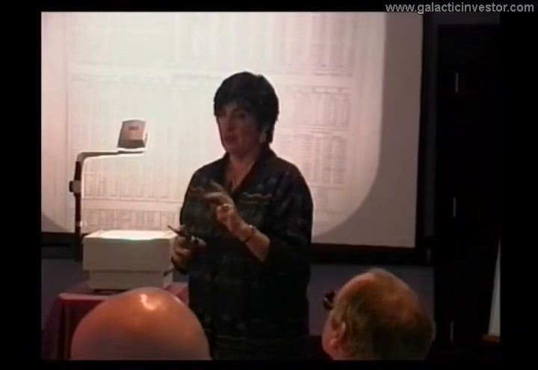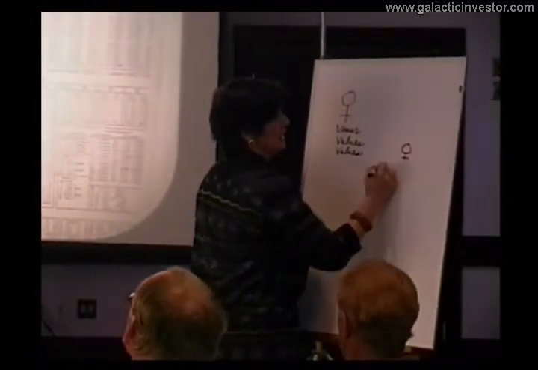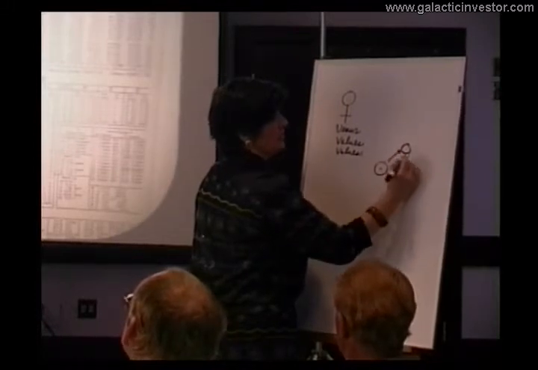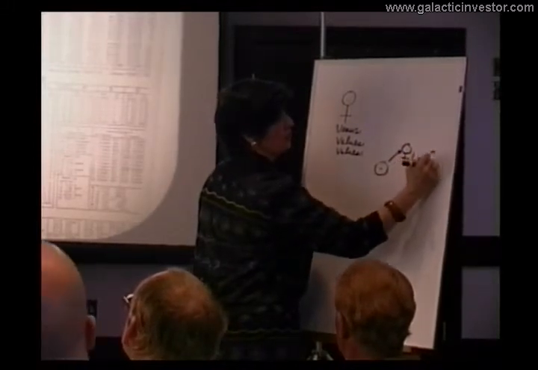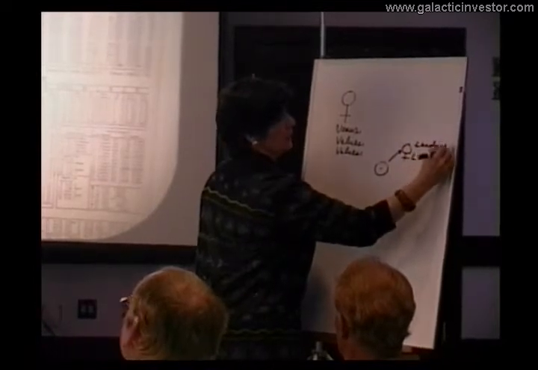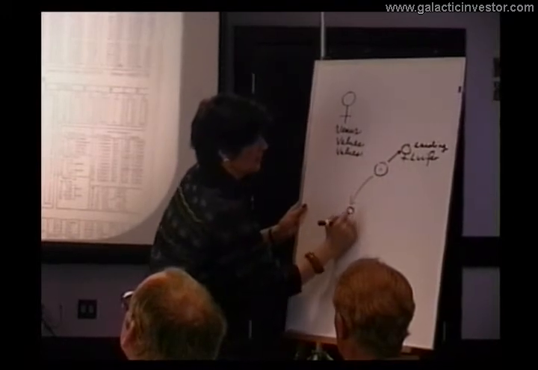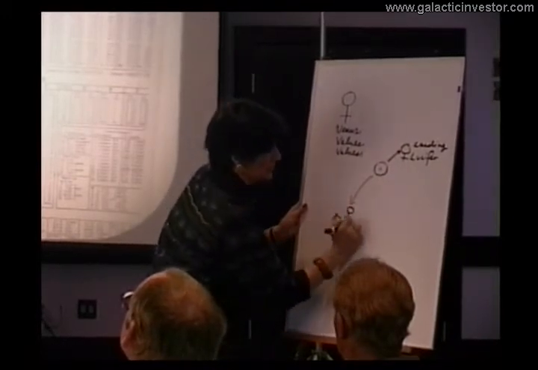Venus, however, is an interesting planet because she can be a morning star or an evening star. And when she leads the sun, when she's rising before the sun, that's called Venus Lucifer, leading the sun. When first the sun comes up and then Venus is coming above the horizon, she's a day star, that's called